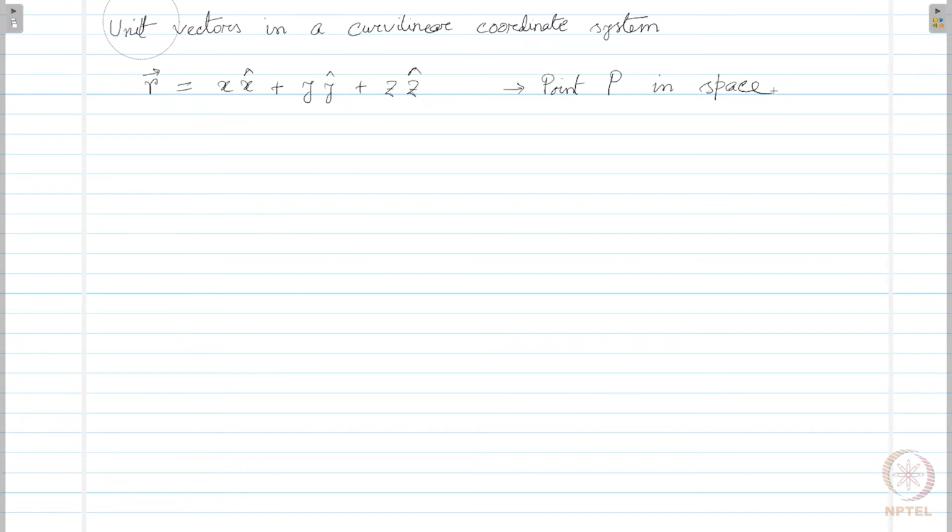Now, if we consider that the same vector r is represented in a curvilinear coordinate system as a function of u1, u2 and u3, 3 coordinates, we can consider a tangent vector to the u1 curve at point P, for which u2 and u3 are constant. That means we are talking about del r del u1. This would be a tangent vector in the u1 coordinate on the curve represented by r,